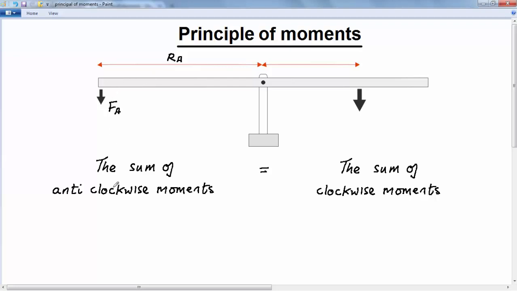That produces a clockwise moment around the pivot point. That's to say the beam will rotate in a clockwise direction due to this force,